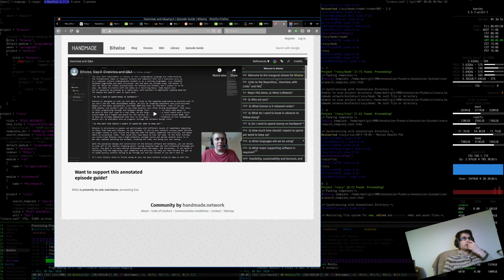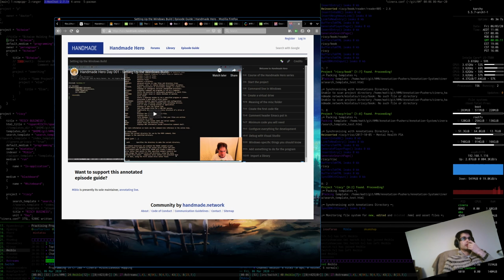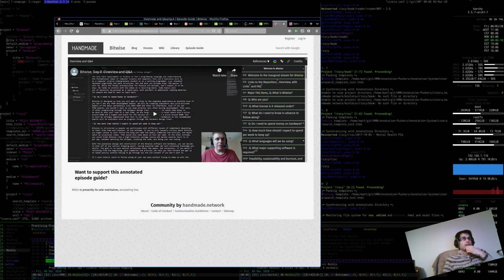So the format is basically the same. Code is within Hero. Bitwise, similarly for symmetry, is within something. It's within bitwise. And that is,